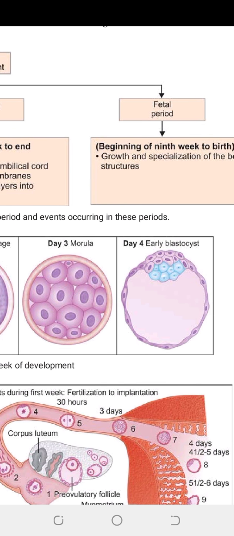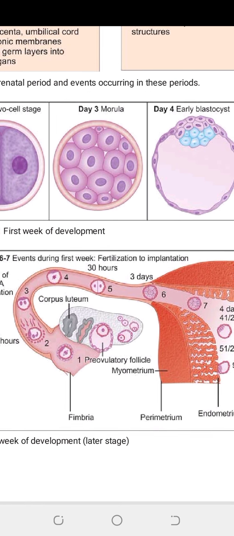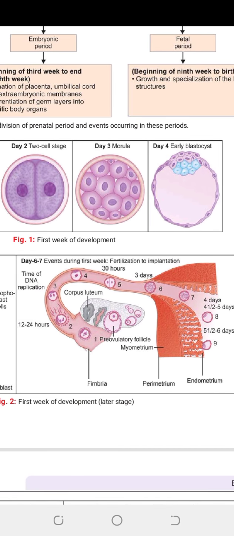On day 4, we have blastocyst. I can show you from this diagram. On day 4, the early blastocyst is formed, which means a fluid-filled cavity appears in the morula,